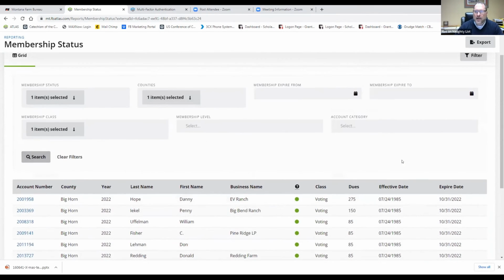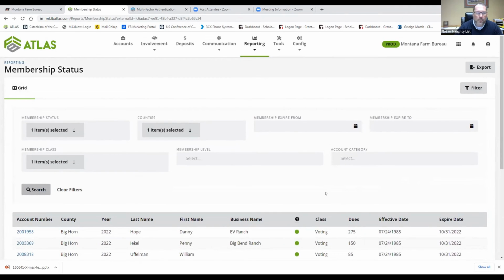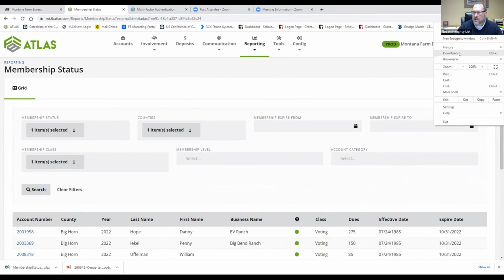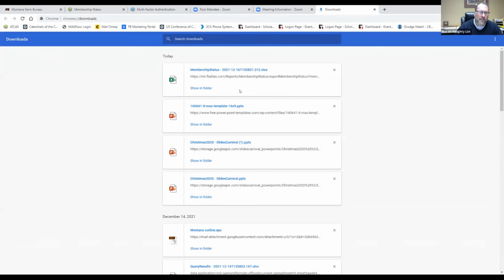County. And now you've run the report, you might ask yourself, now what do I want to do with this, or how do I act upon this report? This button up on the top right, export, will allow you to export it into an Excel file. And depending on your browser, that file will show up in different places. You can see on my browser here, it just put it on the bottom ribbon. If you don't see that, you could also always go up to these three little buttons and look at the downloads, because it's going to put it in your download folder.